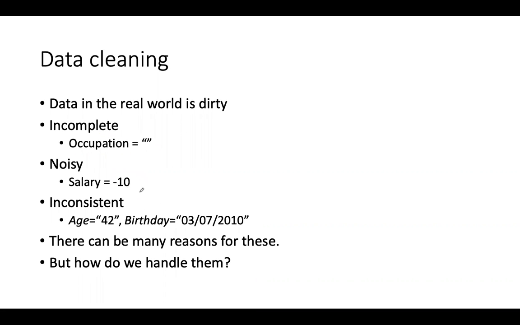But really, we need to ask ourselves, what is noise? By definition, we can say noise is just a random error or variance, random variance that is measured in a variable. There could be many reasons for this, but the most important thing we want to review here is how do we handle this messy, dirty data. So now let's look at some of the ways to handle these